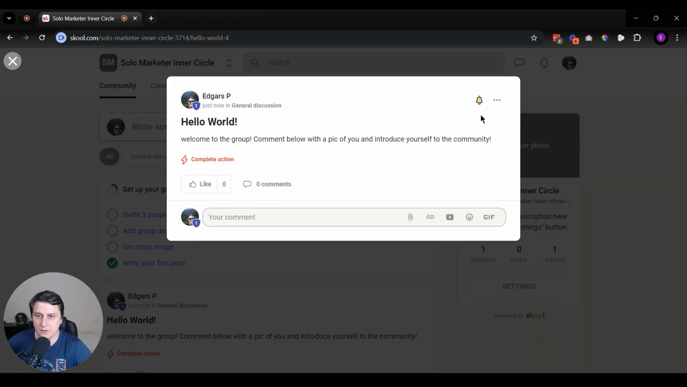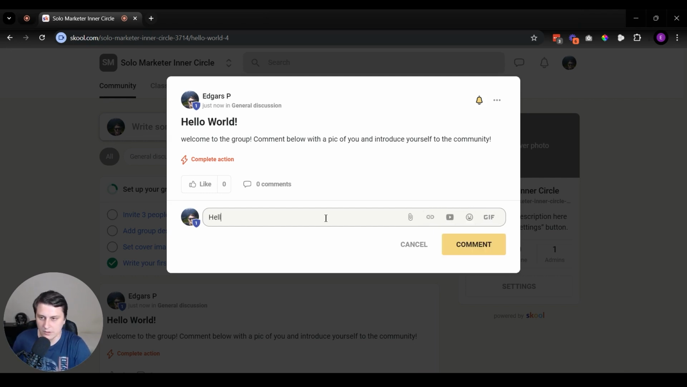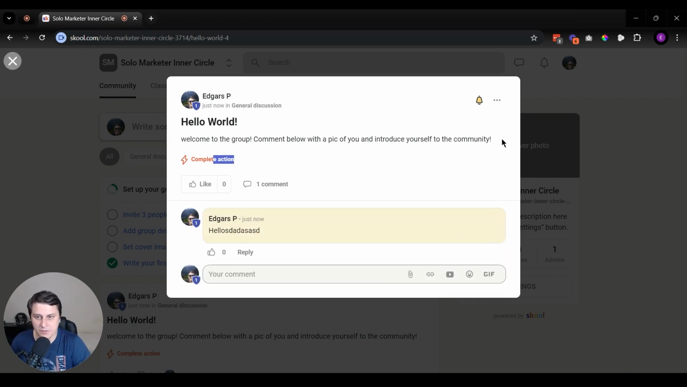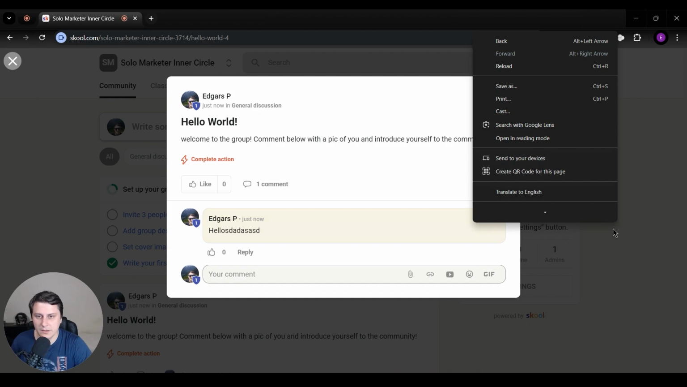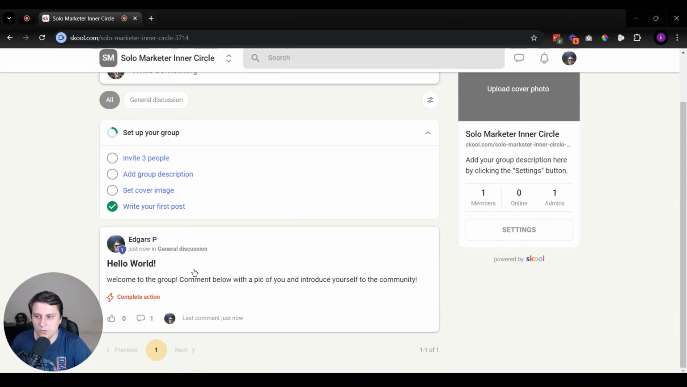So what do we have to take a look at? This is the post. You can see complete action. So let's say I was to add a picture, right? You can add a picture or whatever of yourself. Over here's a similar type of functionality, and hello, and you write in your post, and then you can click on comment. It says complete action, but if we go back, if we click on anywhere, it will say,